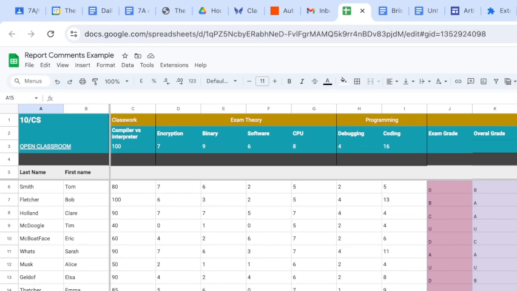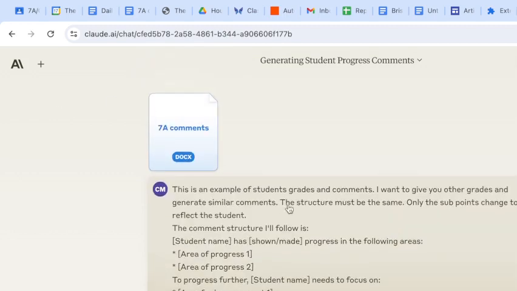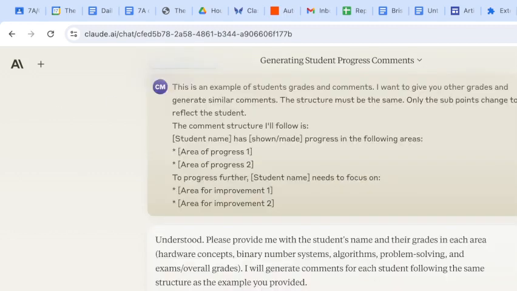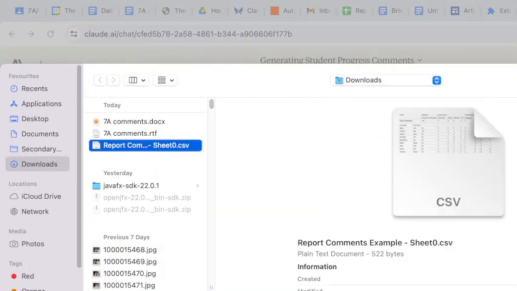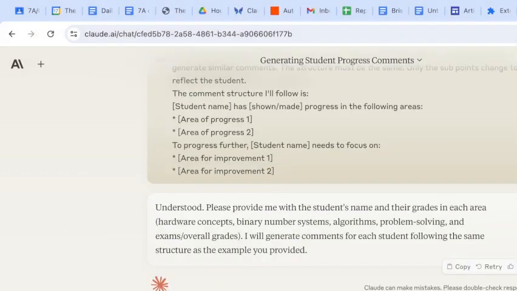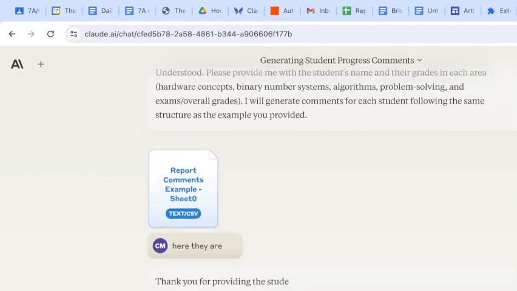Okay, so now that it's downloaded, I can hopefully go to Claude and give it that CSV file. So where are we? Okay, report comments, example. Okay, so then, here they are. I often find myself being really polite with the AI, which is worrying. Okay, and then fingers crossed, once it's processed it,